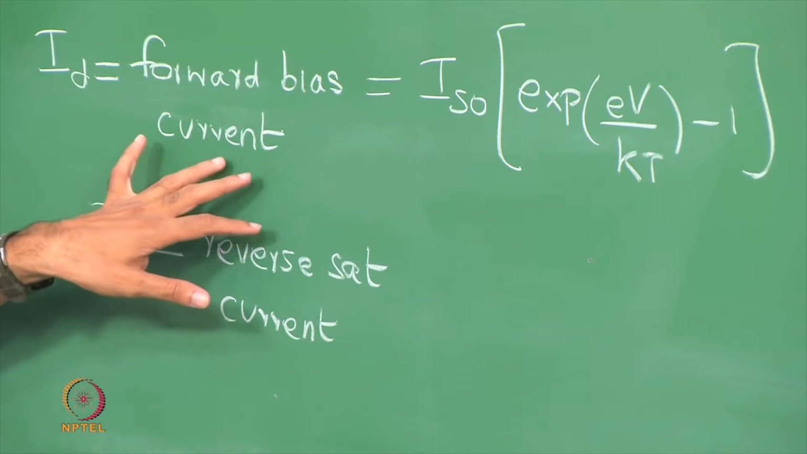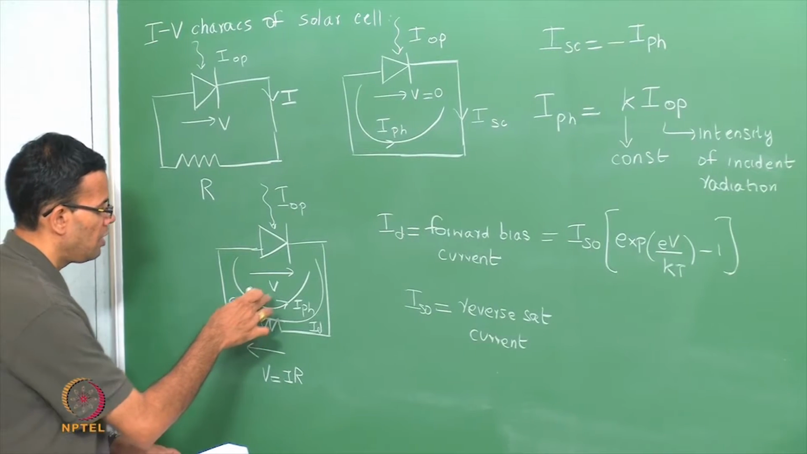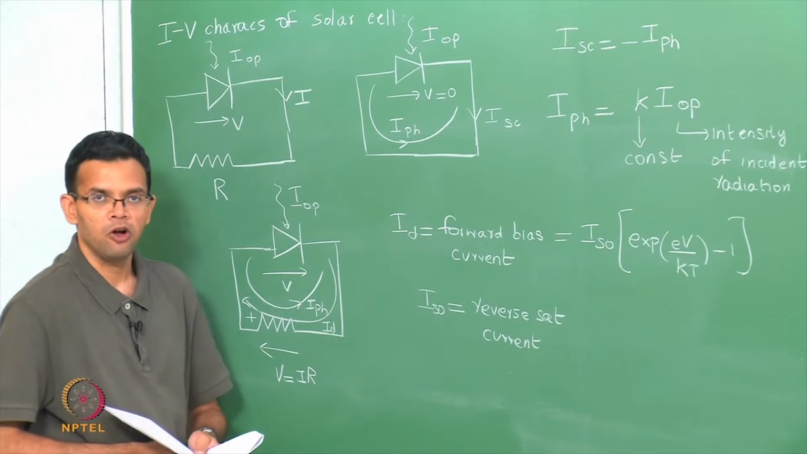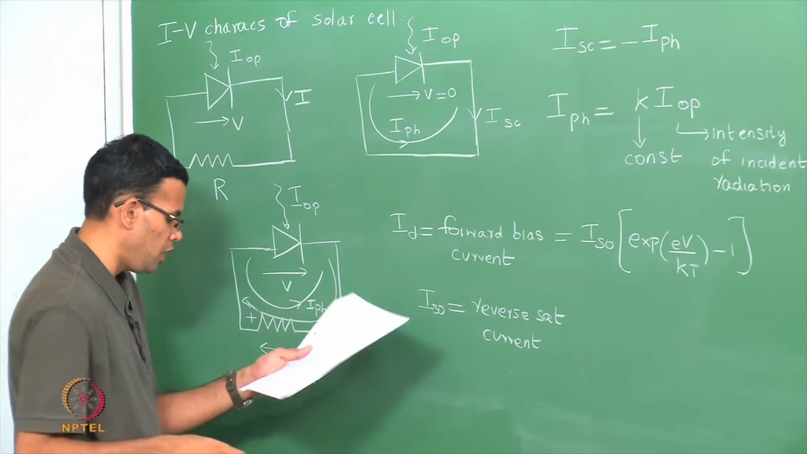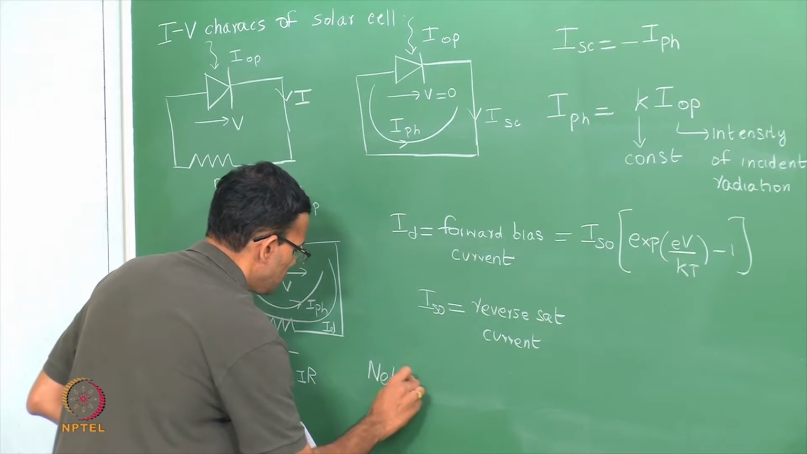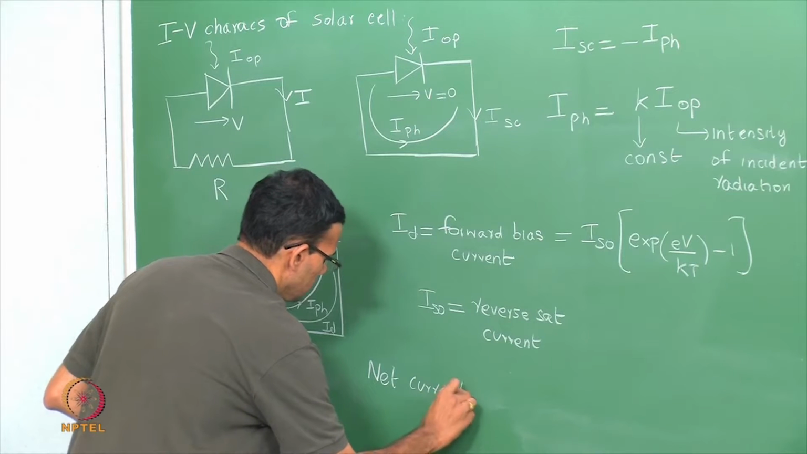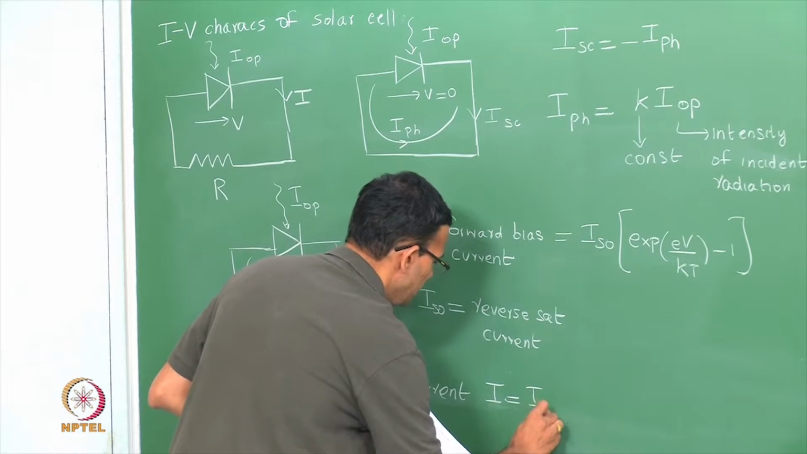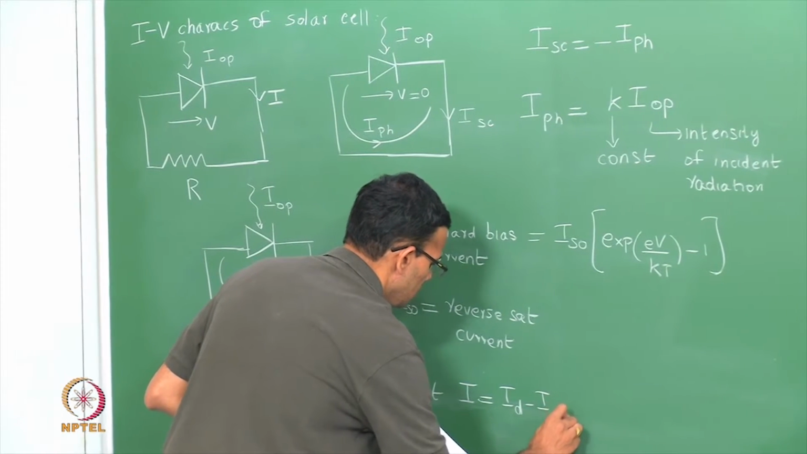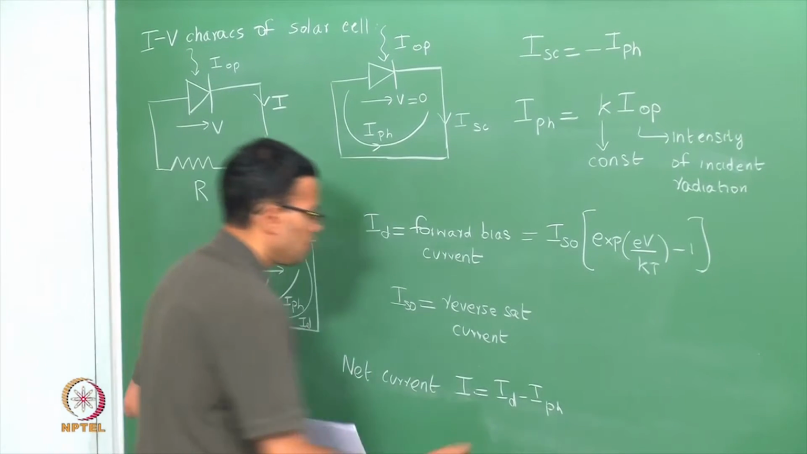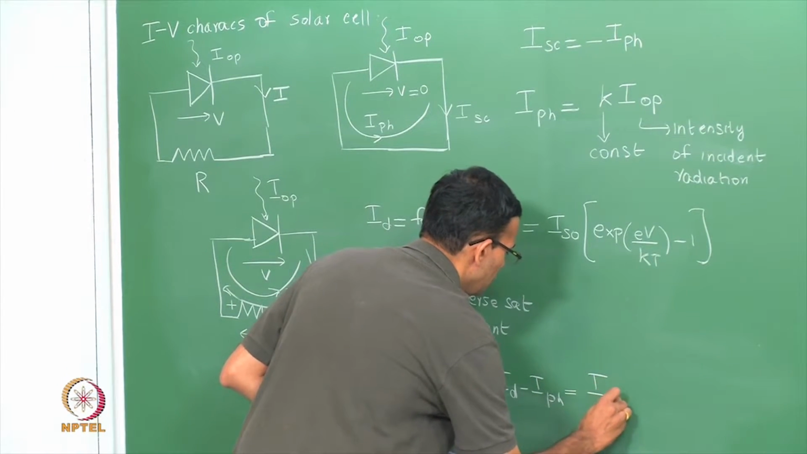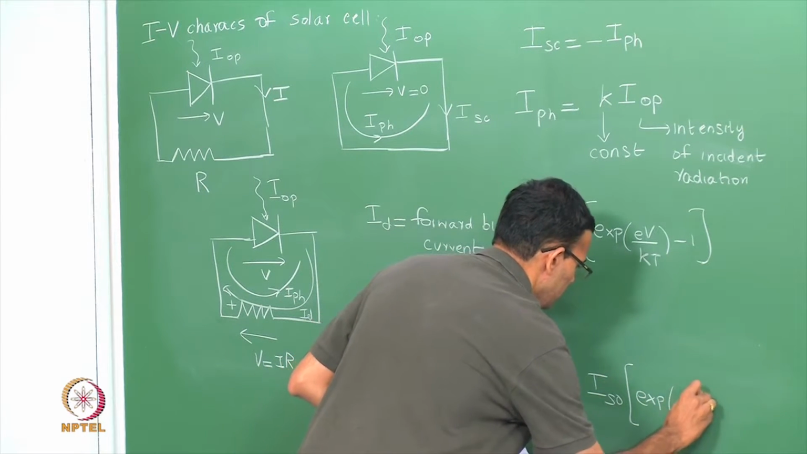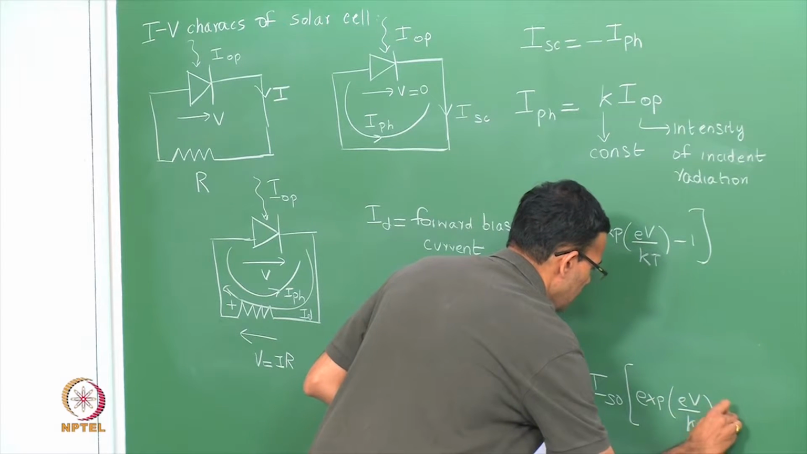So, we have a forward bias current that goes in one way, and we have a photocurrent due to the radiation that falls on your sample that goes the other way. So, the net current I is nothing but ID minus IPH, which is just IS naught exponential EV over KT minus 1,